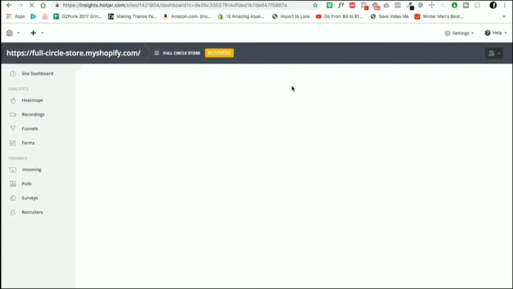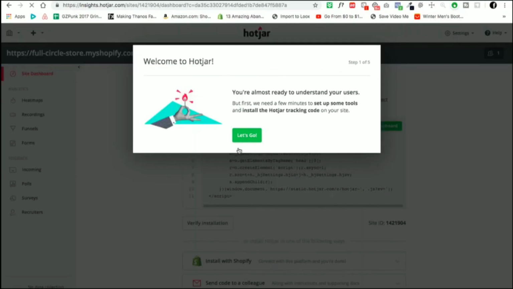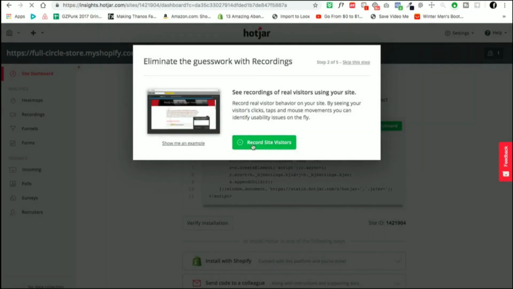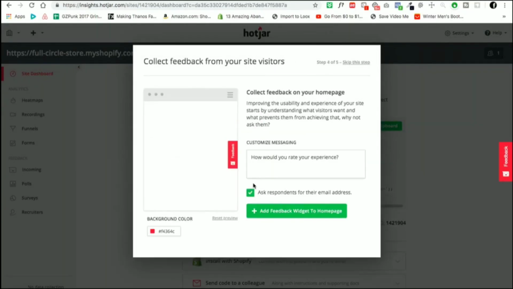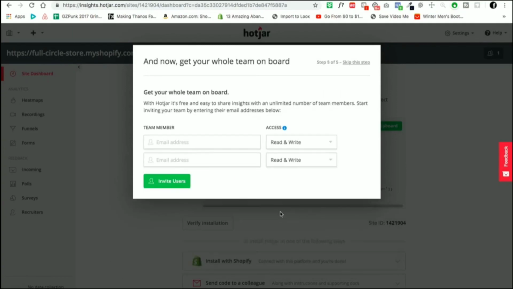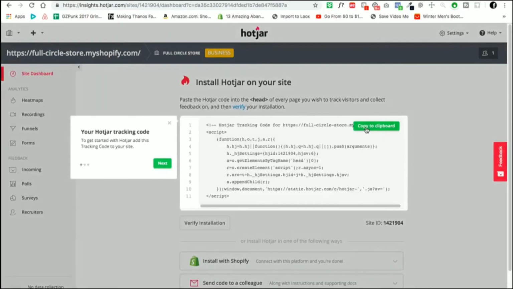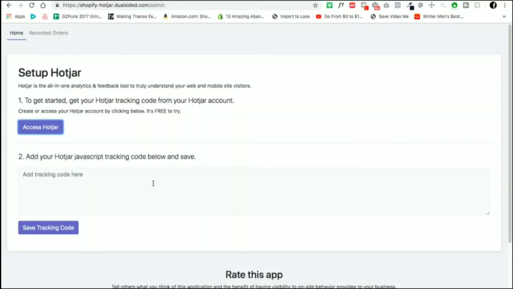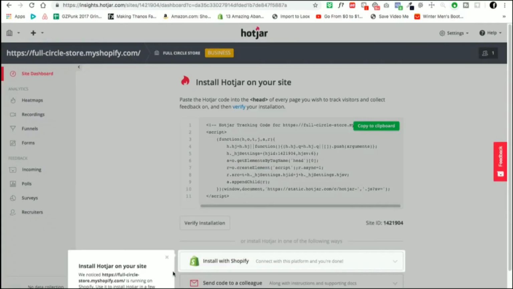So once I've done all this, if it's successful, we will be seeing this page. Okay, so I'll just click on, you can take your time to read all this. Okay, create heat map, yes, and I have no users to invite, so I'll skip this. And then over here, this is important, this is the tracking code I need to paste over here. Okay, next,